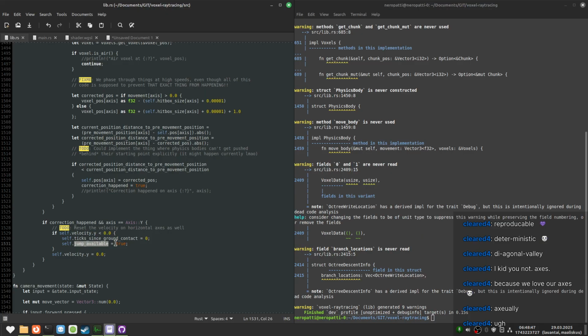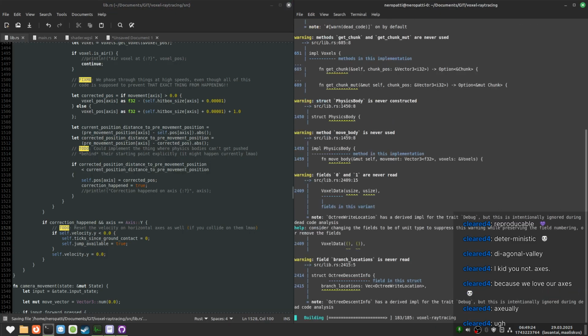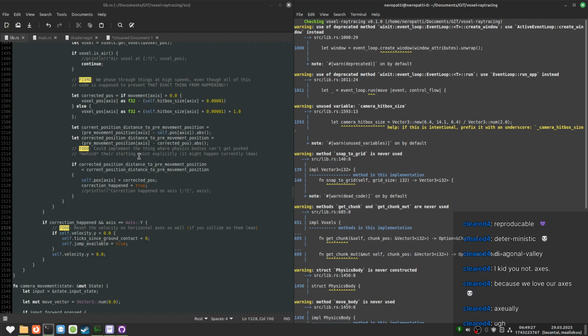What it would mean is that if you walk off a cliff, then you won't be able to jump while you're midair. But then after 18 minutes with a 16-bit number, you would be able to jump in the air if you didn't jump previously. Unless I just set this to false when you're in the air for too long. Yeah, yep. I love thinking about stuff like that. I know it doesn't matter, but it's just fun to think about.